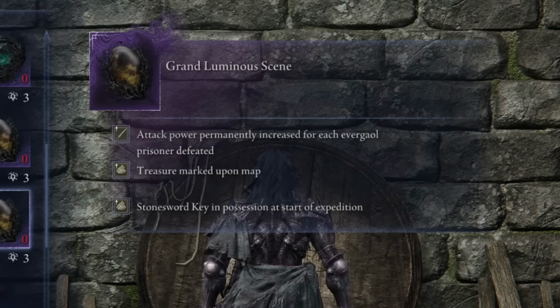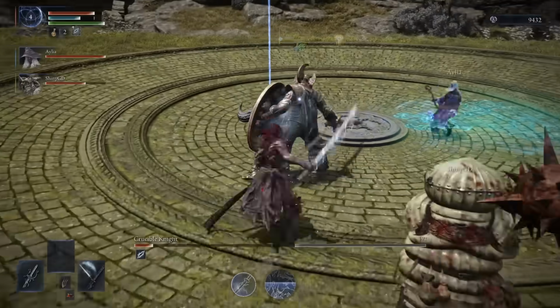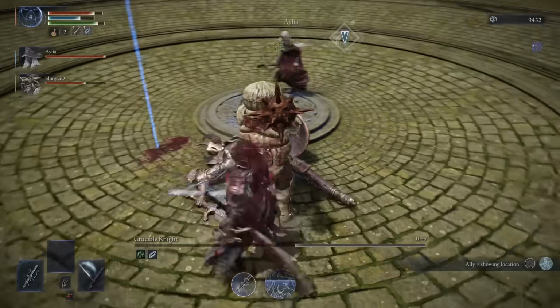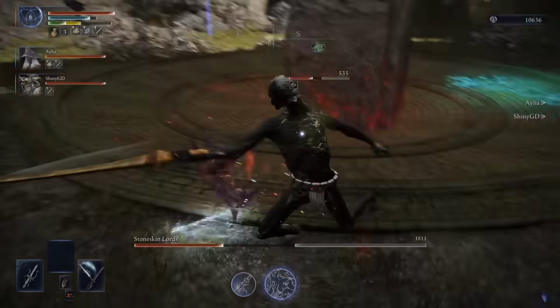You get the treasure marked on the map, and you all start with 1 key. If you and your 2 teammates all have this, then you all want to do all of the jails you can. With that shifting earth in mind, you still have the 6 or 7 you can do. You'll be guaranteed to start with 3 keys,